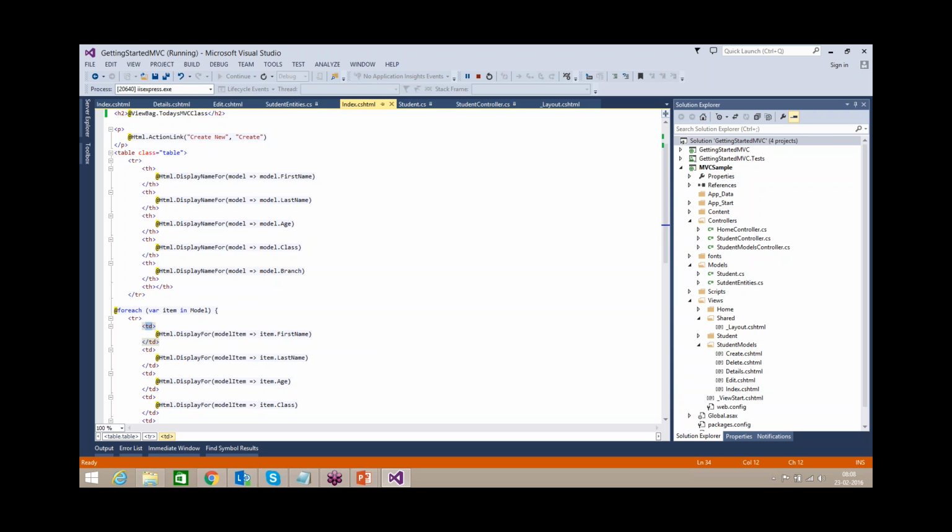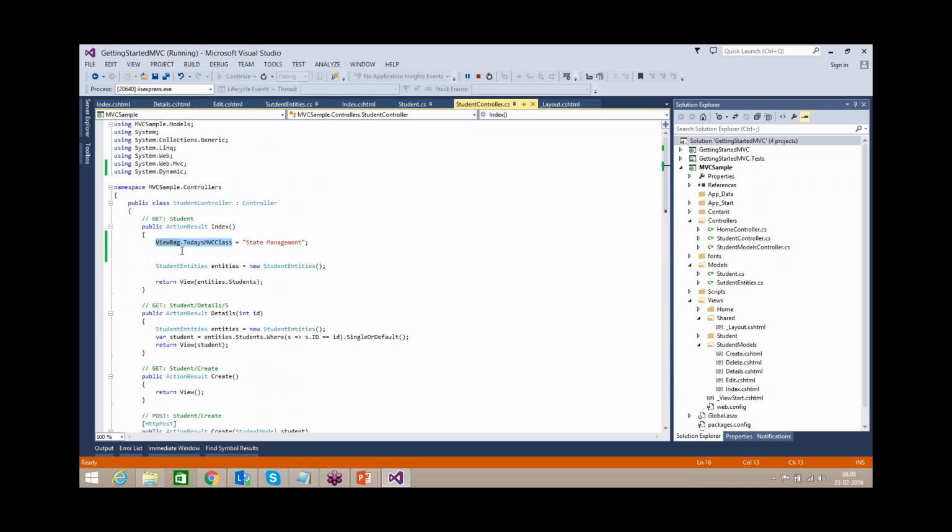At runtime your parser will resolve all this and render the respective HTML to the client browser. So ViewBag is one, and the scope means where you can declare it and where you can access it, and where else you cannot access it. The ViewBag can be declared in your controller action method.